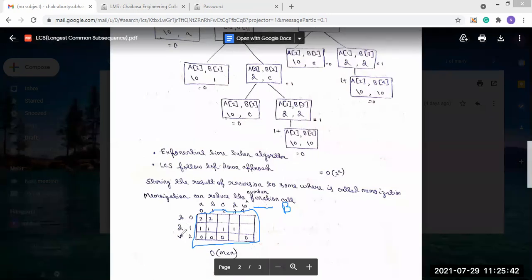The A string contains B, D, and this will be the null character. These are the characters present for the A string. Now what we will do: at first there is no value present, the table is empty. Then we will put the values into it accordingly.